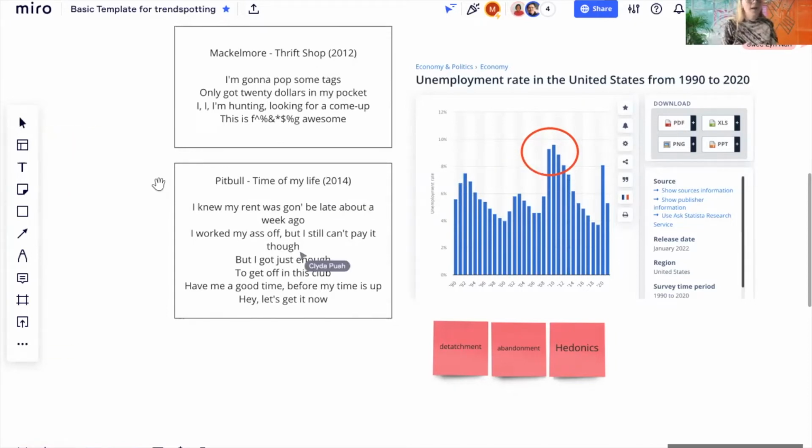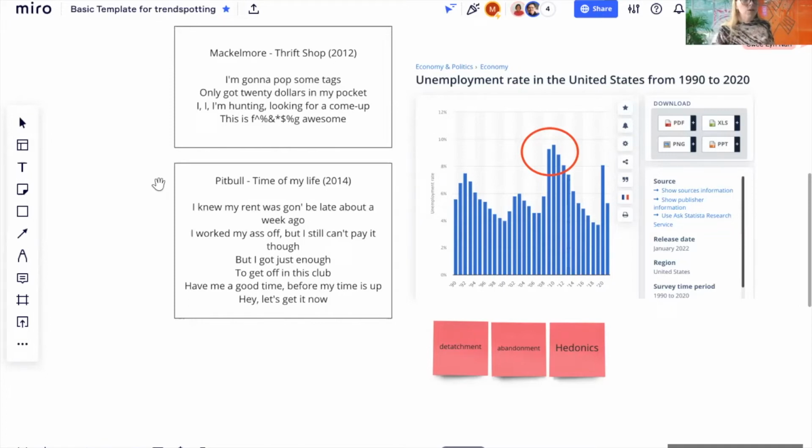But if you just understand, the song is about going to a thrift shop to feel cool, feel like $1,000,000. Life is hard. And then there's a second song here, which is from the same time. It's Pitbull. It's Time of My Life, and it starts by saying that